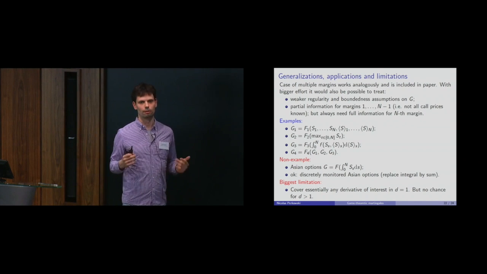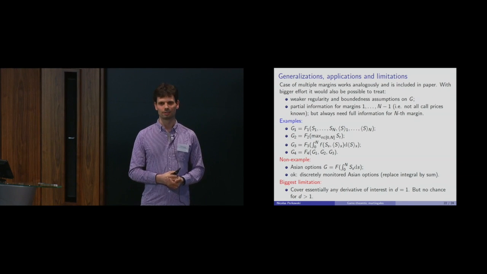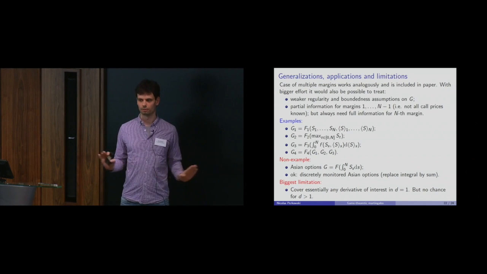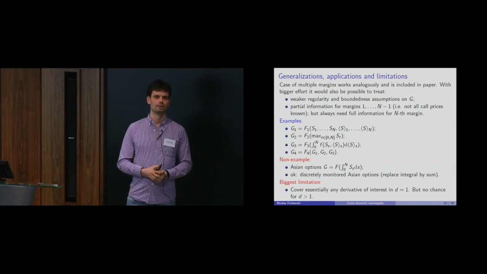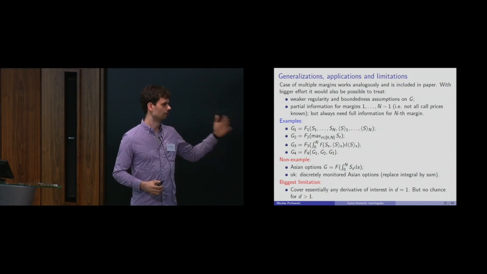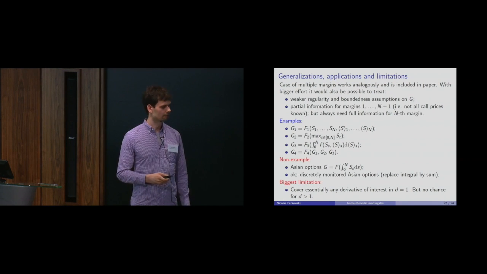So from my understanding, we cover anything that could be of practical interest, as long as you have one asset. If you go to higher dimensions, this thing breaks down completely, because the Skorokhod embedding, which is the driving force here, and the Dambis-Dubins-Schwarz theorem as well, are one-dimensional tools, and so there's no hope to do this directly in higher dimensions. But in one dimension, I think it's a nice result.